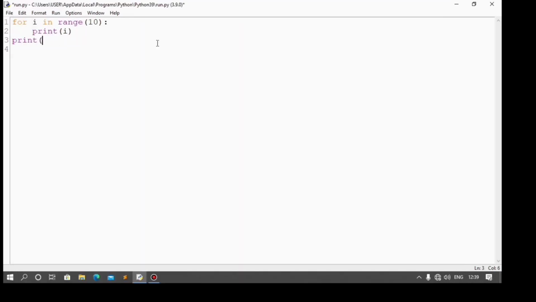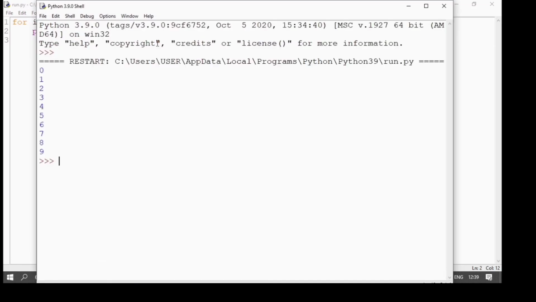So let's clear this and explain what the for loop is doing. For each iteration, a number is picked from the collection of numbers generated by the range function, and i is assigned to each one. We then print i. So in the first iteration, i is assigned 0, which is the first number generated, then 1, then 2, 3, 4, 5, 6, and that continues until the last item is picked,